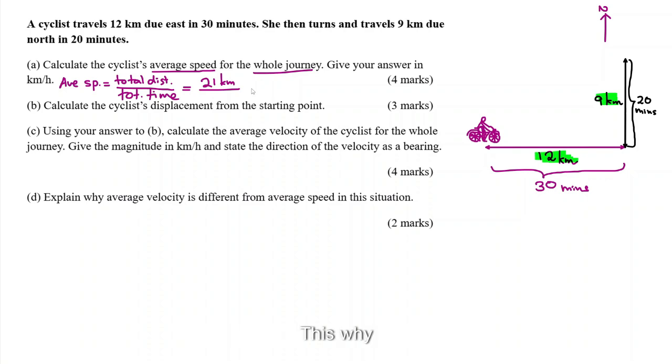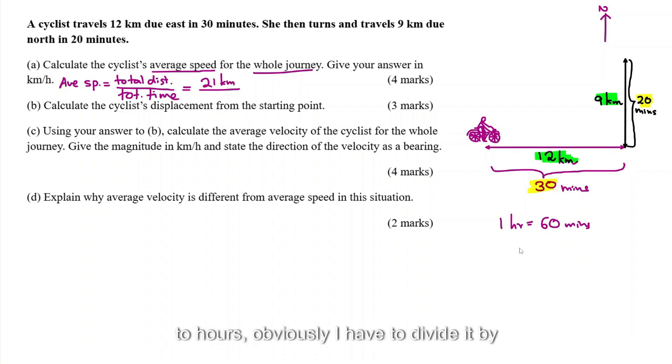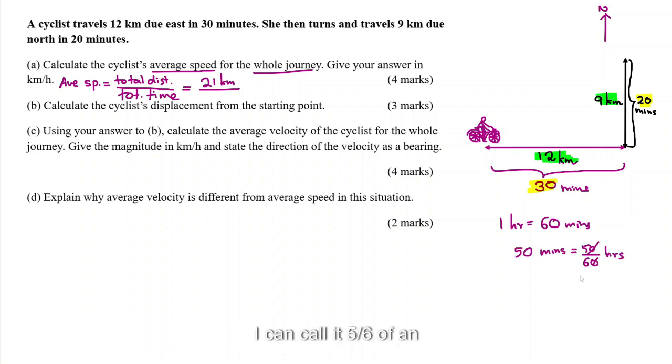30 minutes this way, 20 minutes after that, that's 50 minutes. So I know 1 hour is 60 minutes. So if I need to convert 50 minutes to hours, obviously I have to divide it by 60. So that's 50 divided by 60 hours. I can cross off the two zeros. I can call it 5/6 of an hour. So I'm going to divide this one by